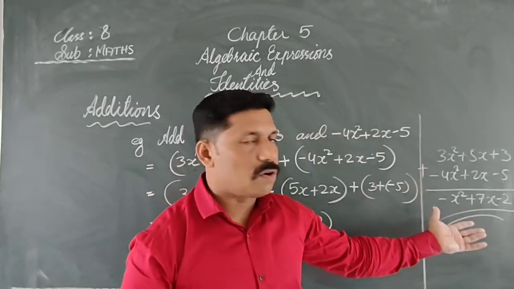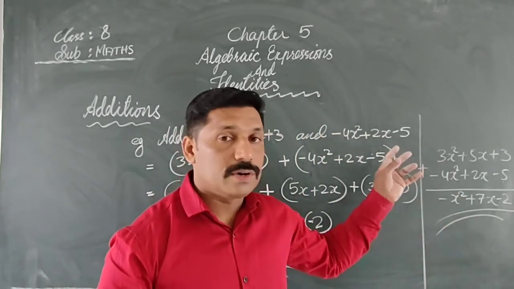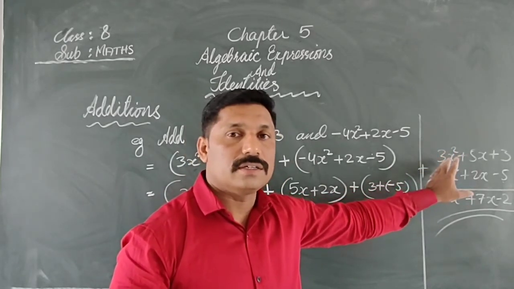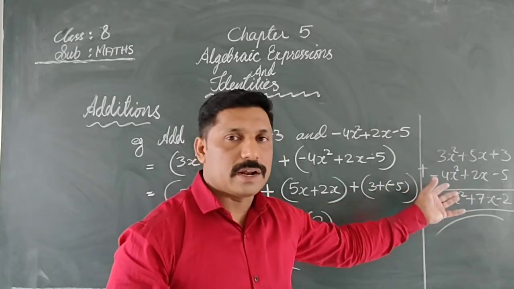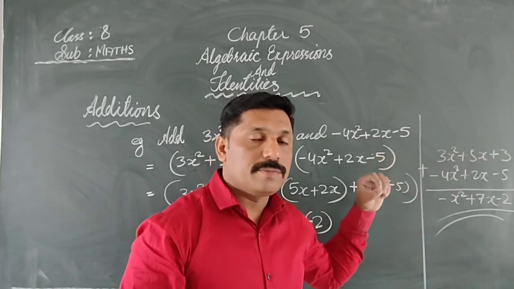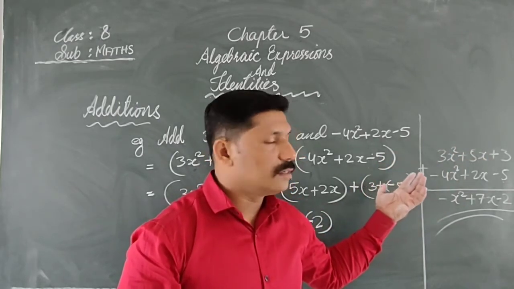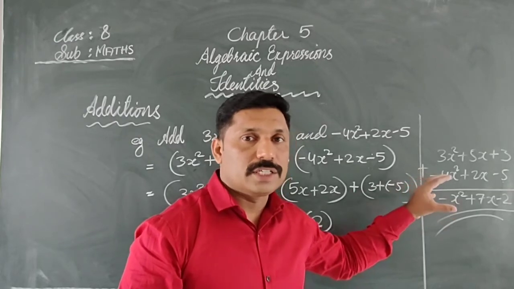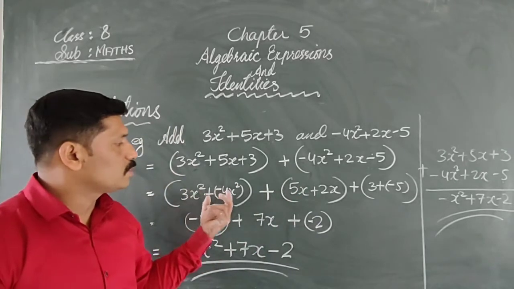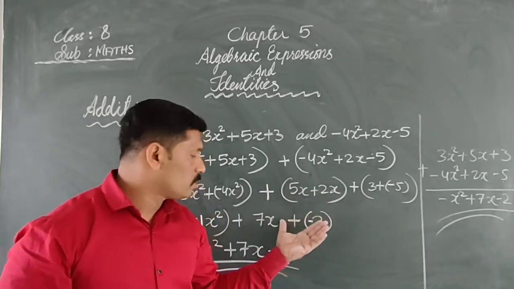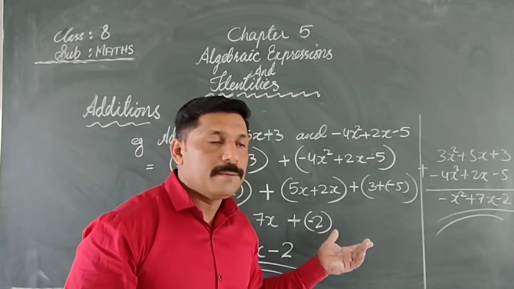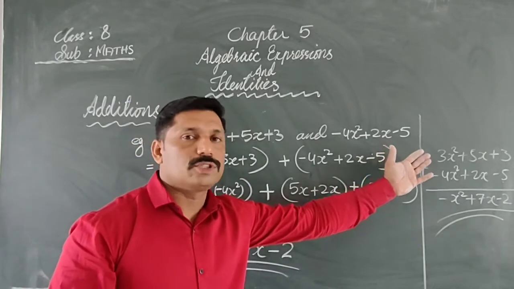This is called the vertical method or column method, but in this method you have to take care that you are writing the like terms under each other. Like terms only we can arrange. If there are no like terms, then that term will be written afterwards. Many students make mistakes in this method for arranging the terms. That is why it is better to follow the horizontal method. Here we are selecting like terms together and then we are adding. So in both methods we can solve the question. You can choose any method which you feel comfortable. That's why I am showing both methods.